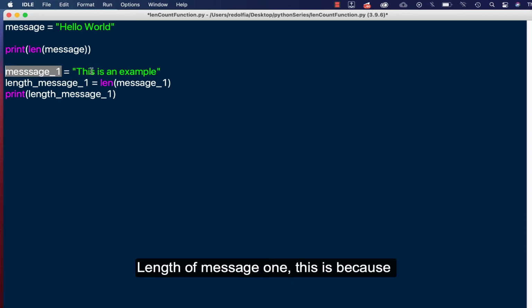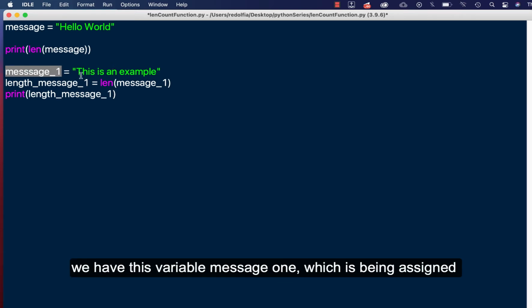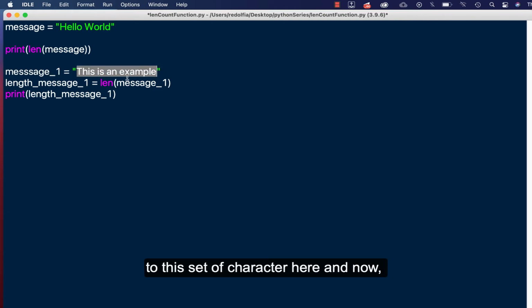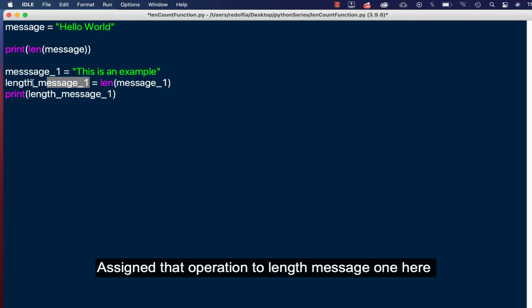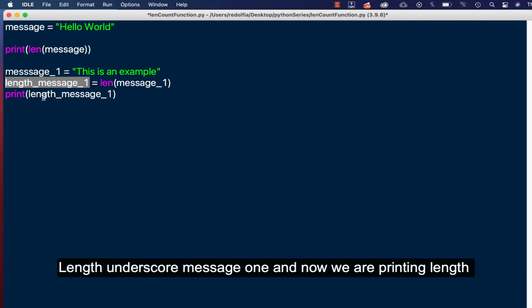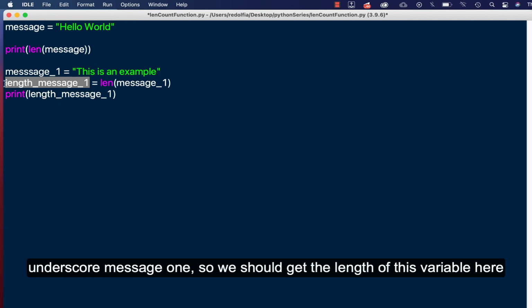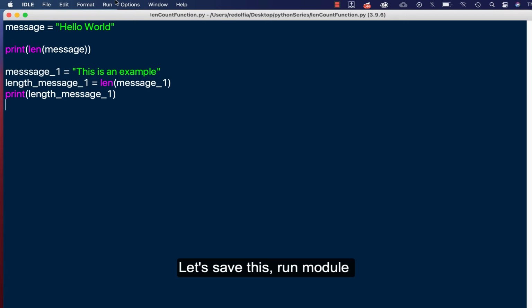This is because we have this variable message 1 which is assigned to this set of characters here, and now we are checking for the length of message 1, and we've assigned that operation to length underscore message 1, and now we are printing length underscore message 1. So we should get the length of this variable here. Let's save this, run module,